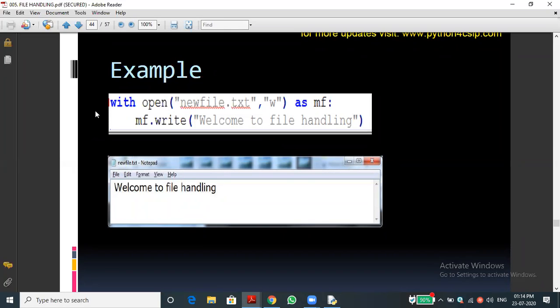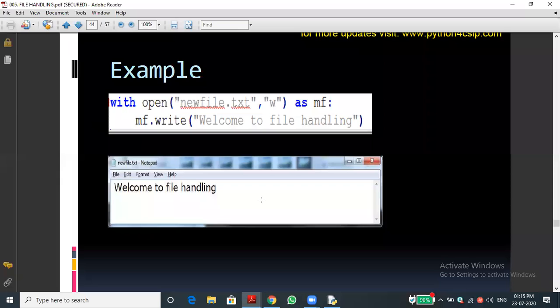Okay, sir. Yeah. So the with is not a function, the with statement. The keyword with is giving the assurance for the data as well as the closing of the file. So it will give the surety for two things. First thing: ensuring the data is stored properly, or that the data will be retrieved from the file properly if it is in read mode. Or in write mode, it is giving the surety that the data will be properly stored in the file. That is the one thing. And the second thing is that it is giving the assurance that automatically the file will get closed.